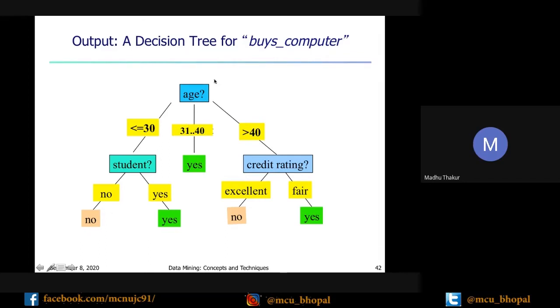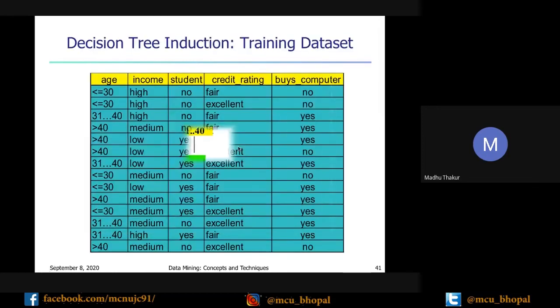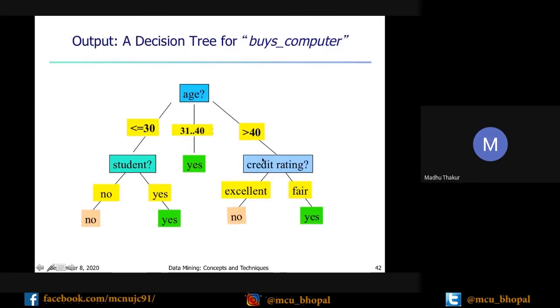Similarly, if age is greater than 40, then through the split point method you can find that credit rating is another valuable attribute with the higher information gain. Then you can choose it for splitting this subtree.